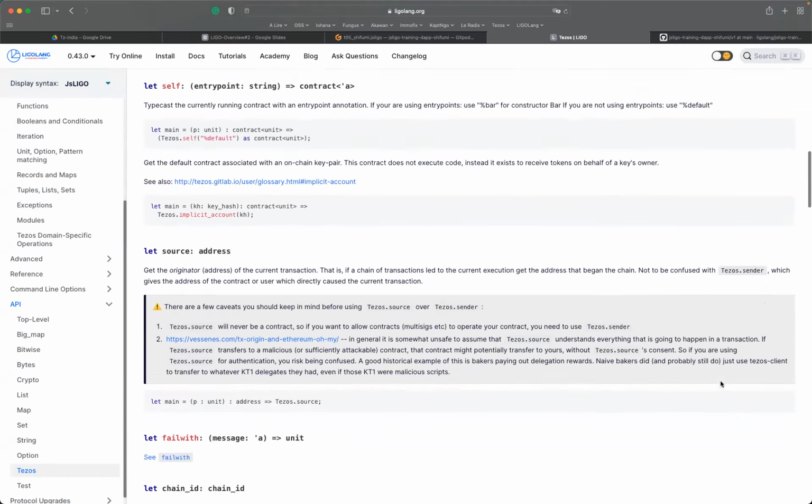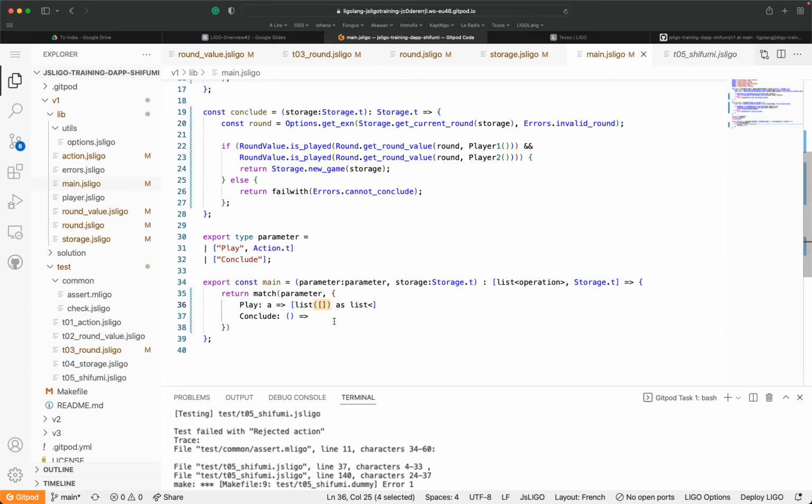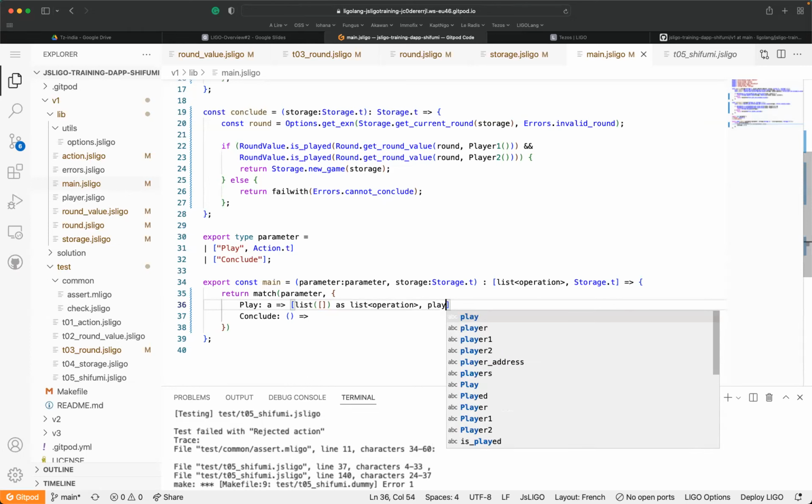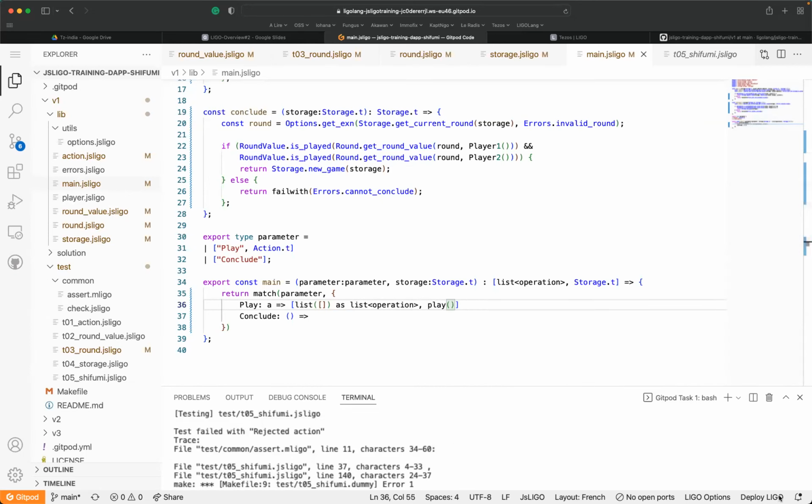So it's not able to infer the parameter type of the list. So I have to help the compiler by giving the type, and then we can call the play function with the storage, which has been retrieved here as an entry point.